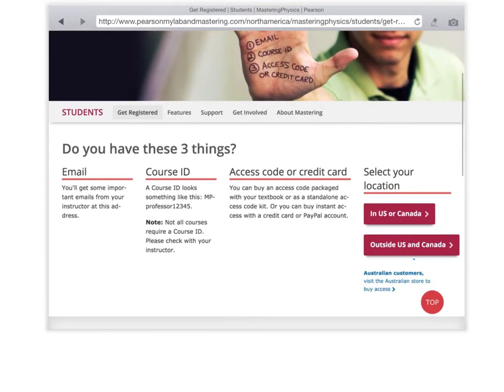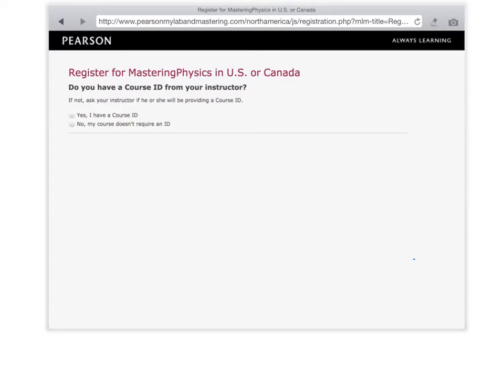Once you have those three things, you're going to click on "in US or Canada" as your option. It's going to take you to the next screen, and it's going to say, do you have a course ID from your instructor? Here are your course IDs. For AP Physics 1, I've got two classes, a 4th hour class and a 6th hour class. For the 4th hour class, it's AP Physics 1, 4th hour, all caps,